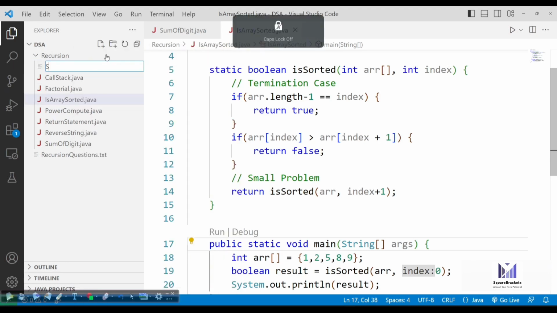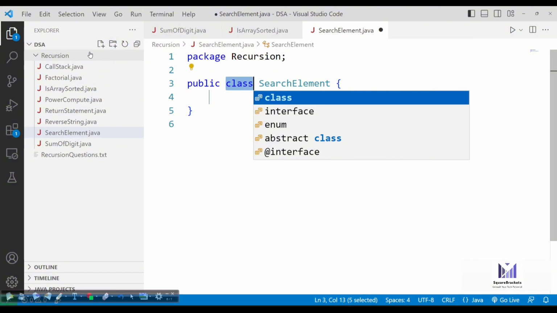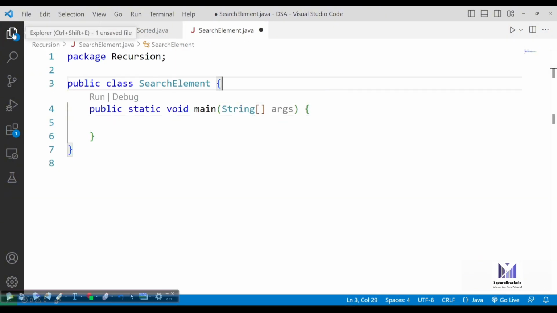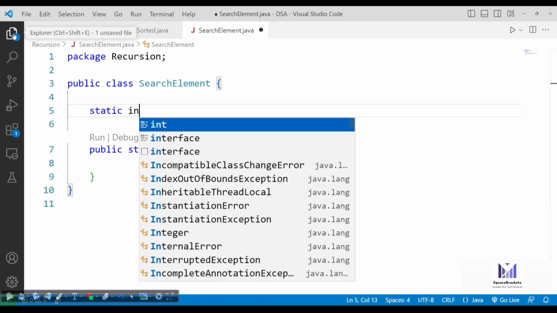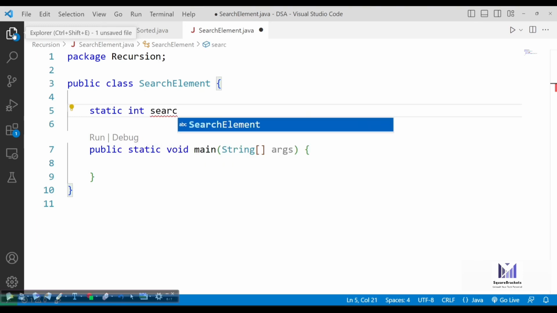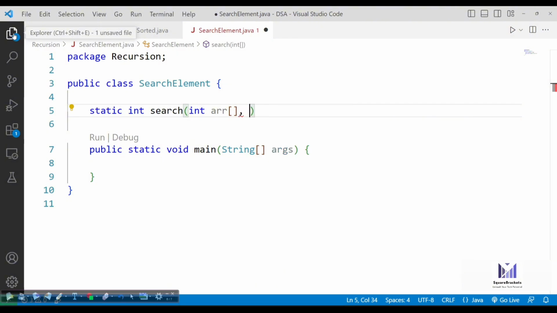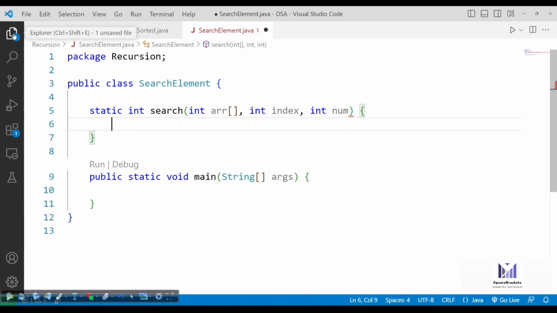Let's create search element. Now let's create a function, static int search. We'll be passing the array, the index that will increment, and the element that we have to search.